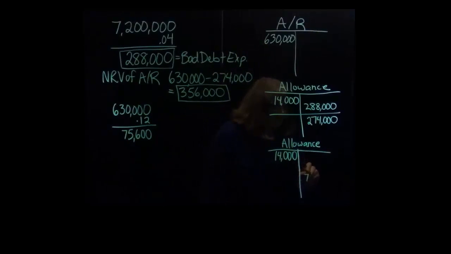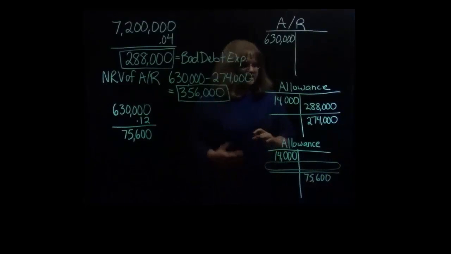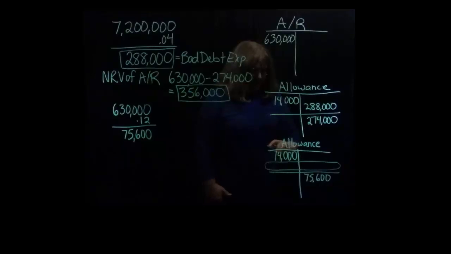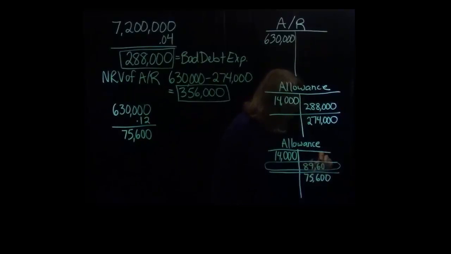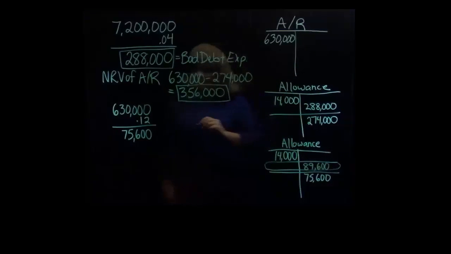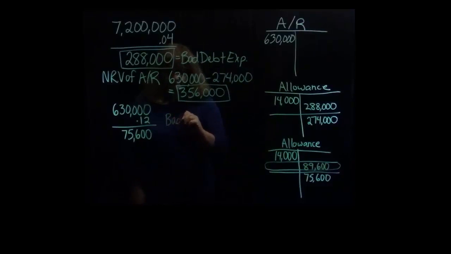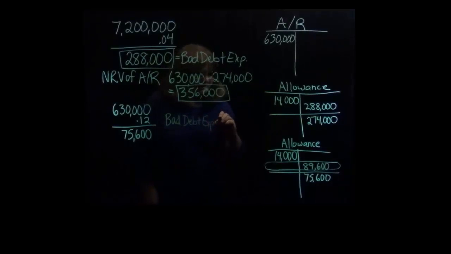So if we want to end up with $75,600 on the credit side, then the entry that we need to make for our bad debt expense is going to have to credit the allowance enough to make it go from $14,000 on the debit side to $75,600 on the credit side. And it turns out that's going to end up being $89,600. So our bad debt expense under the second method is going to equal that